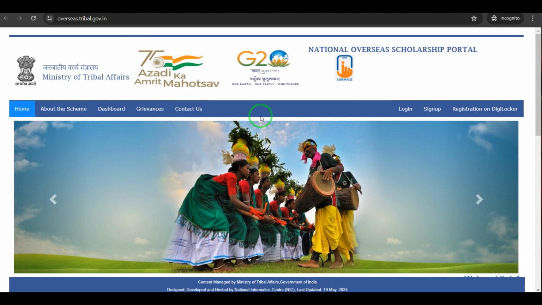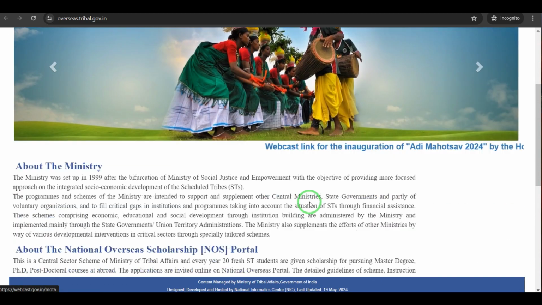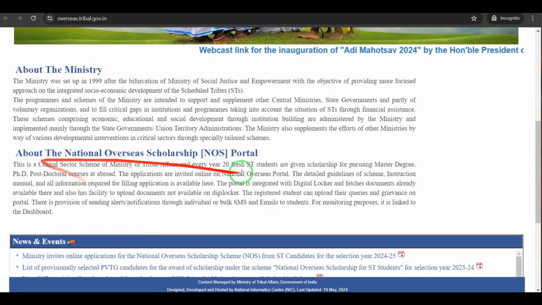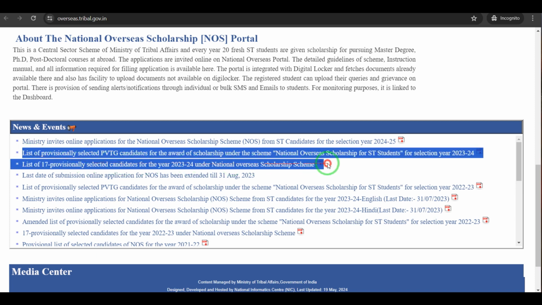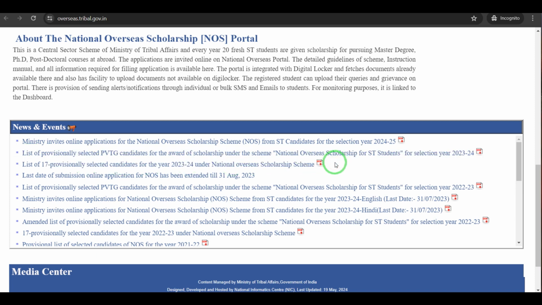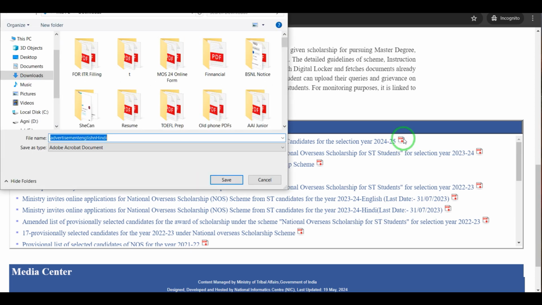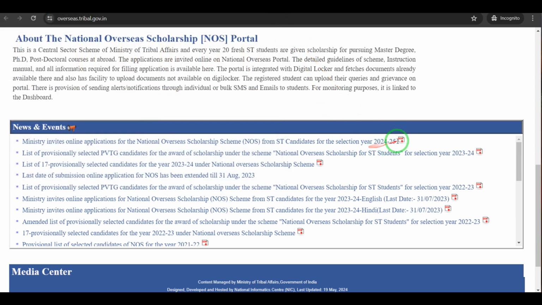So this is the home page of the National Overseas Scholarship Portal. On the home page, you'll just see the info about the ministry, about the scholarship, and all the announcements related to the scholarship. So these are old announcements. You can see the last year's awardees list, and this is the new advertisement for this year. We can check this out by clicking here. Sorry, yeah, we'll have to download all those things. Okay, so